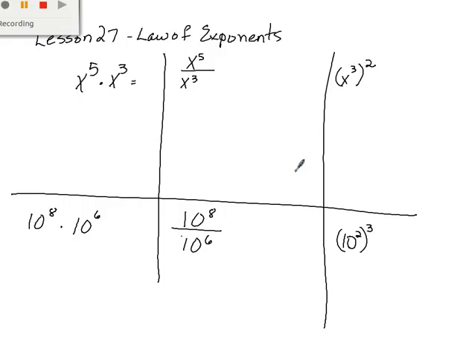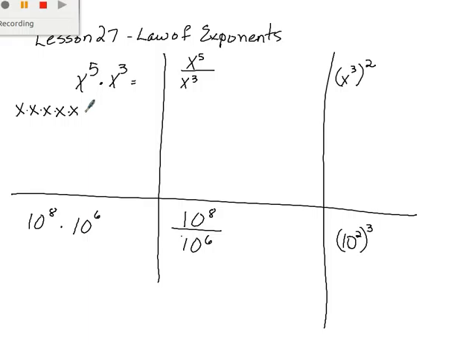Well, welcome. Today we are doing lesson 27, the law of exponents. Once again, this should be a review to you, but before we learn the actual rules, we are going to work on how to write out problems. When you have exponents, the number that's below the exponent is called the base. So this says x to the fifth, which means x times x times x times x times x. If we wrote x to the fifth out, we would put 5 x's